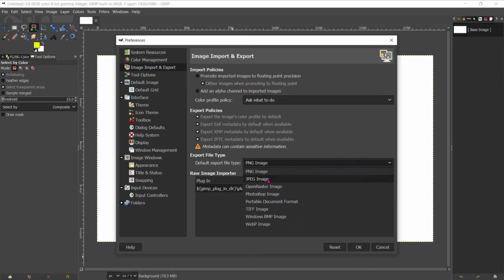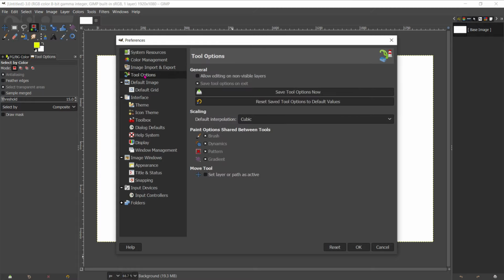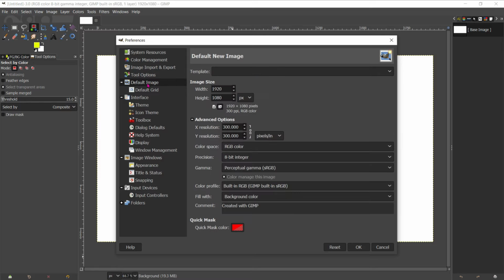I am selecting JPEG. Then there is tool options. You can see the paint options shared between tools. If you want to club them, you can select or unselect from here, brush or dynamics. And then we have default image.